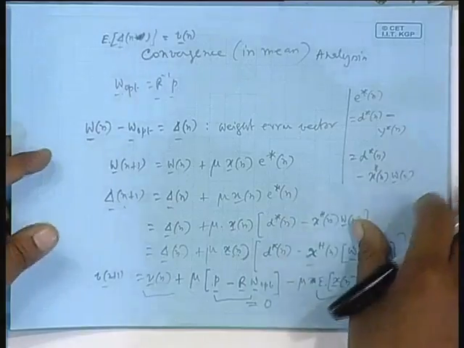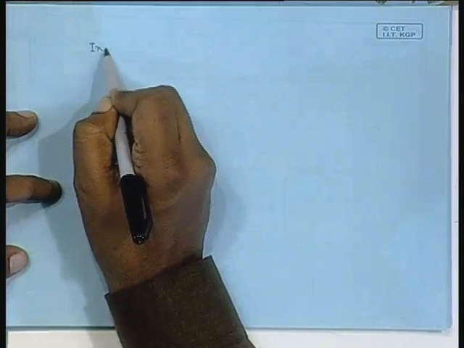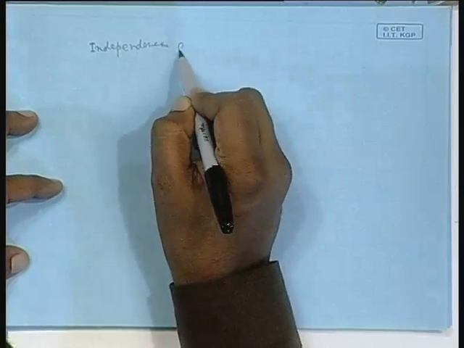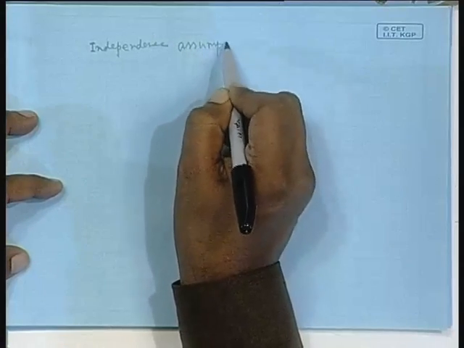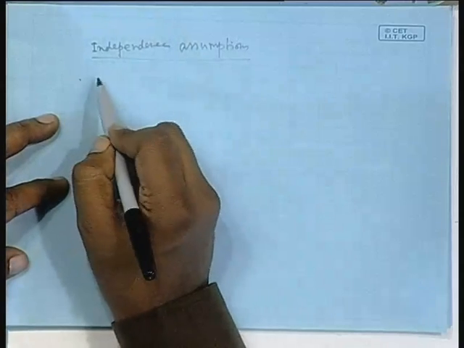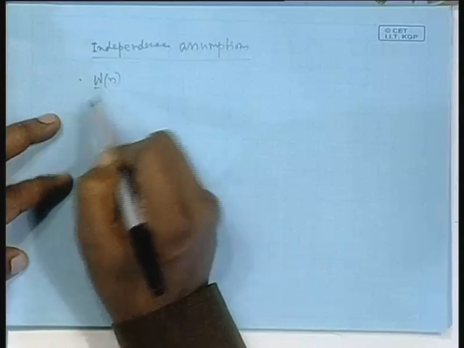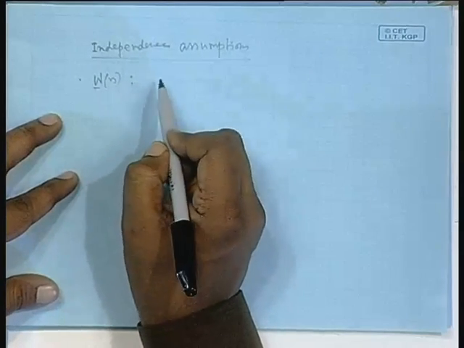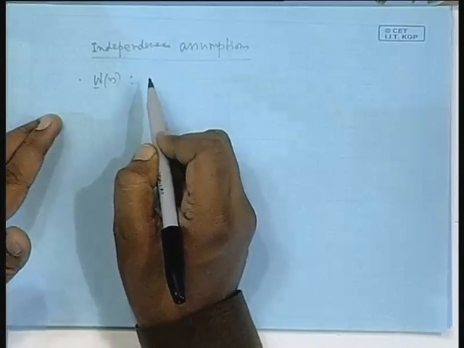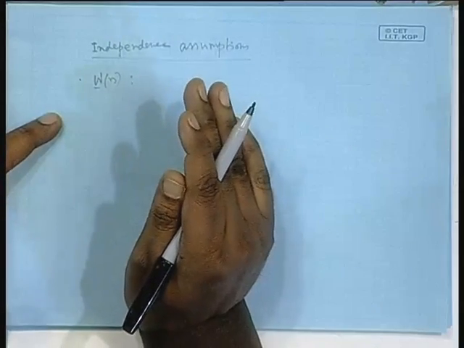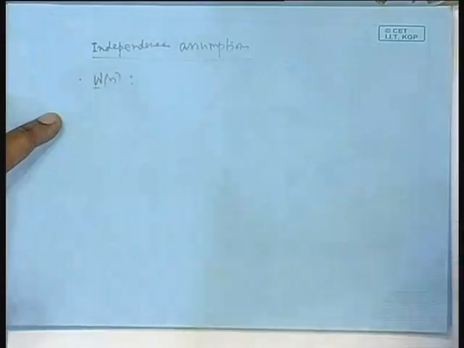Let me write here. You assume W n vector is statistically independent, not just uncorrelated. You know that statistical independence is a stronger condition than uncorrelated. Do you know this, or maybe for your sake I have to say,